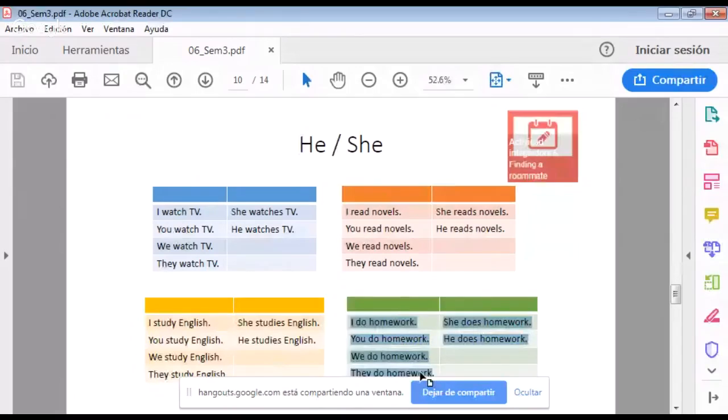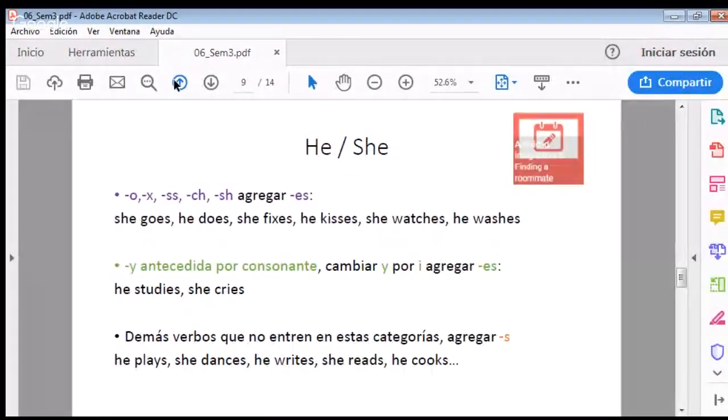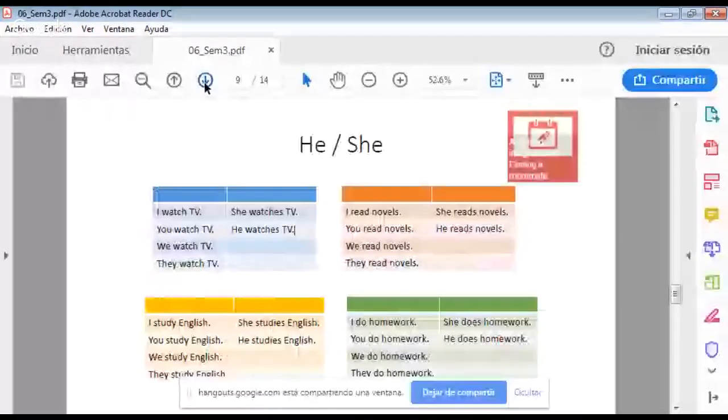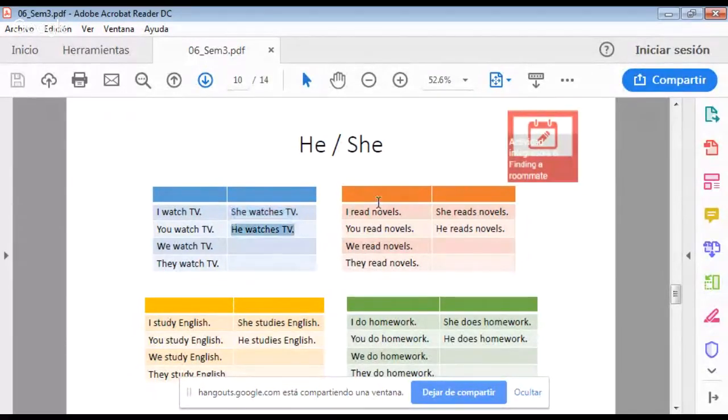Pero cuando están acompañando a una tercera persona, que es she or he, entonces ya aplican las reglas que les acabo de mencionar. Si termina en O, X, S, SS, CH, SH, se agrega ES, y si no, Y, que le antecede consonante, I latina, ES. Y si no, solamente una S. Y aquí tienen varios ejemplos. En el caso de watch, termina en CH, tenemos que agregar ES. Entonces, she watches TV or he watches TV. En el caso de read, no termina ni en S, SS, SH, O, X, CH, no termina en Y, entonces solamente agregamos una S y se convierte en she reads